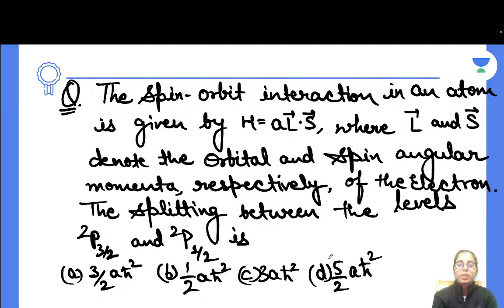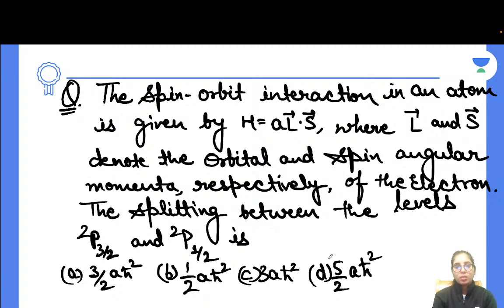So you can see right now you have the L dot S term present here. What you can do then is start working on it with (L plus S) whole square like we have done in the first case. Once you do that, you will consider L square plus S square plus 2L dot S, and then you will get the L dot S value from there. The spectroscopic terms they have given you are 2p 3 by 2 and 2p 1 by 2. Depending on that, you can get the L and S values. For a p orbital, what will be the L value?